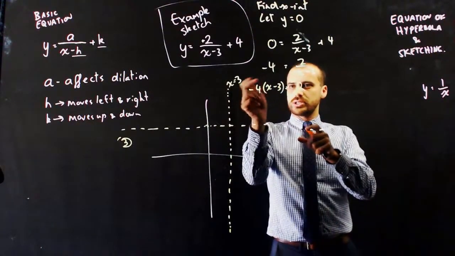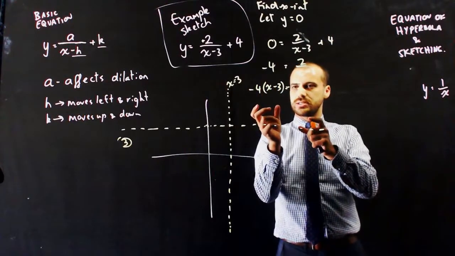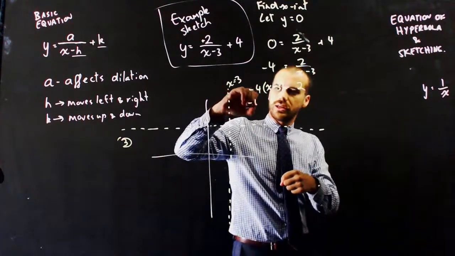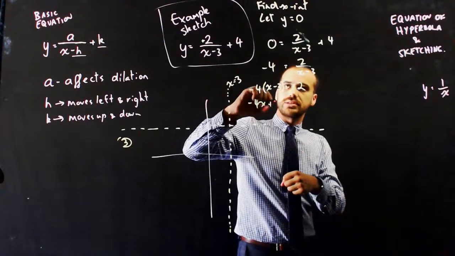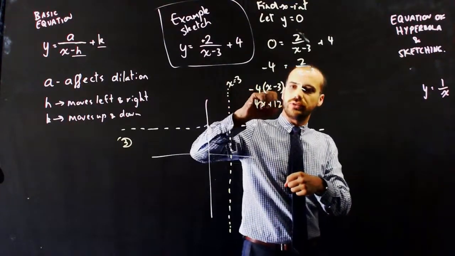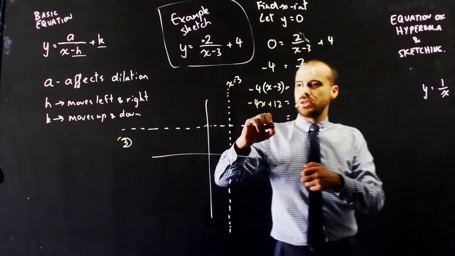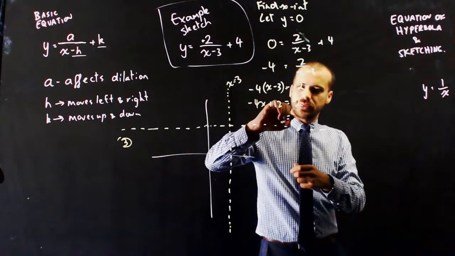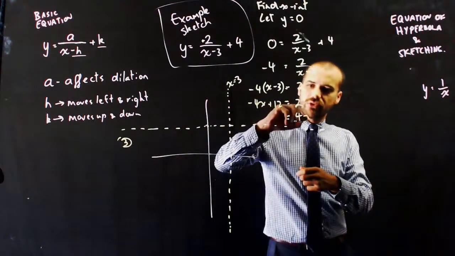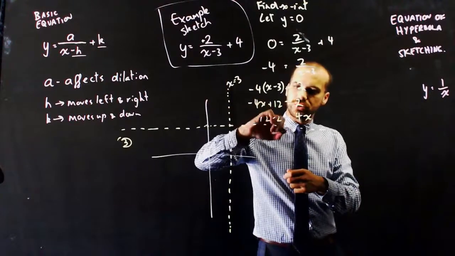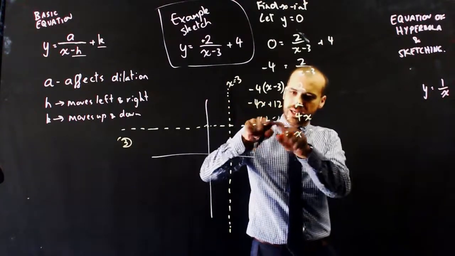Now, I could expand those brackets. Yeah, let's do that. -4x plus 12 equals 2, which means that if I move that 4x over to here, I'll have 4x equals 12 minus 2,